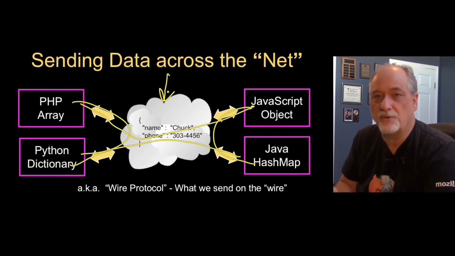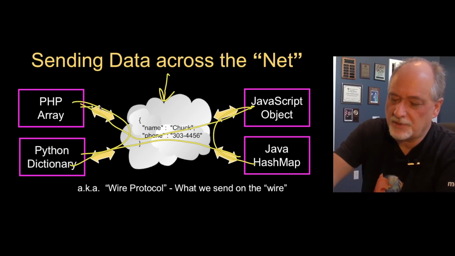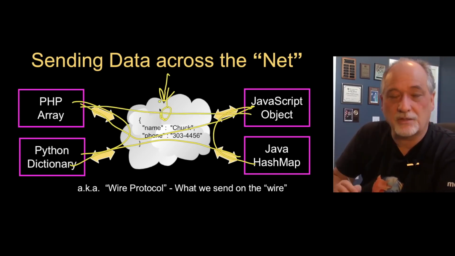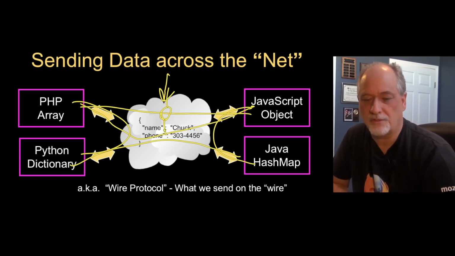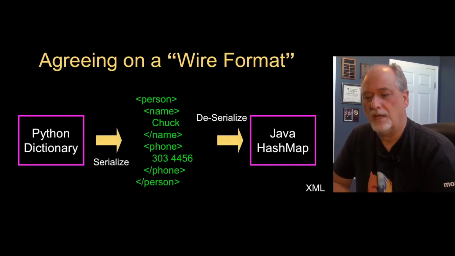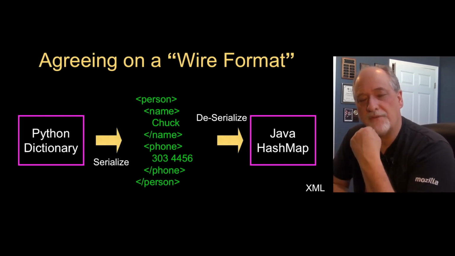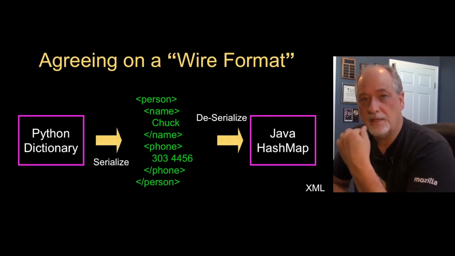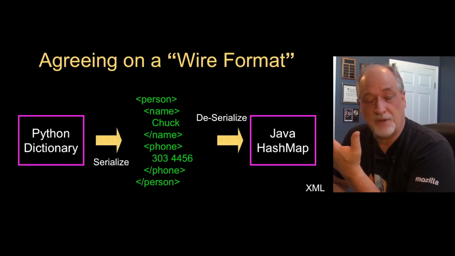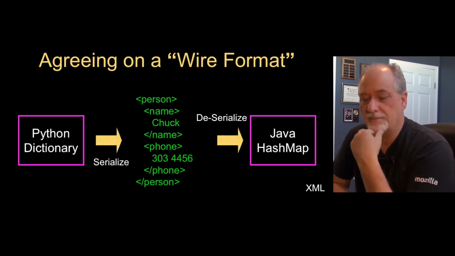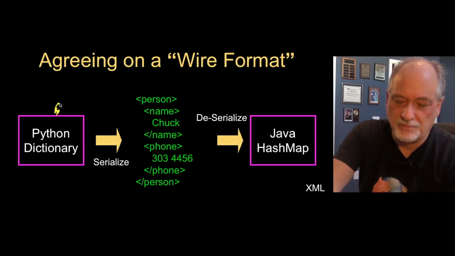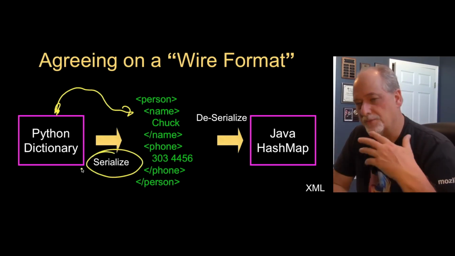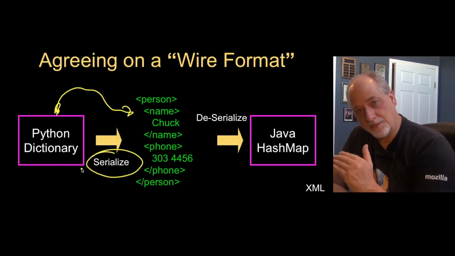And we call that the wire protocol, because if you were to take some connection and watch the exact characters that go back and forth, that's what you would see if you were monitoring the wire. So that's why we call that the wire protocol. And so the idea is that we have to agree on a format that is going to represent the data, and we can't make it a Python specific format or a Java format. And when we take the data from the internal representation, maybe a Python dictionary, to send it to the wire, we call that act serialization, and that is going from the internal representation to the serial representation, or